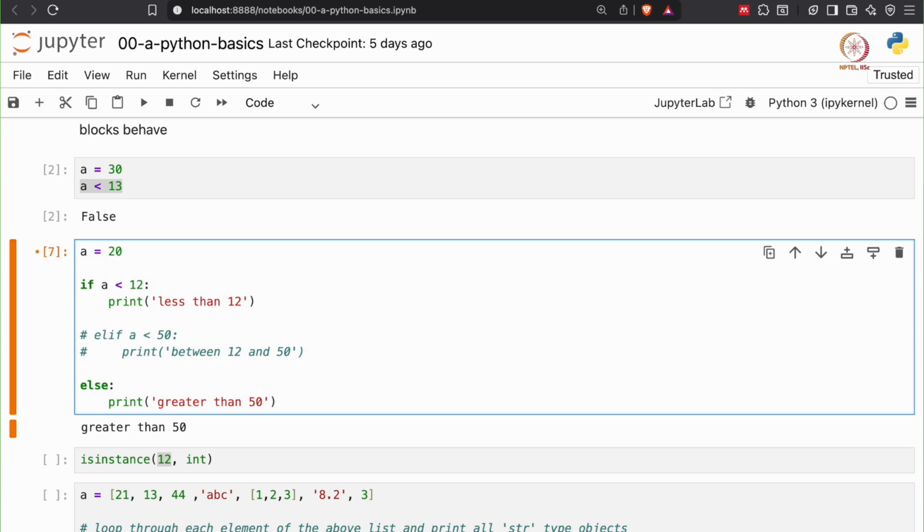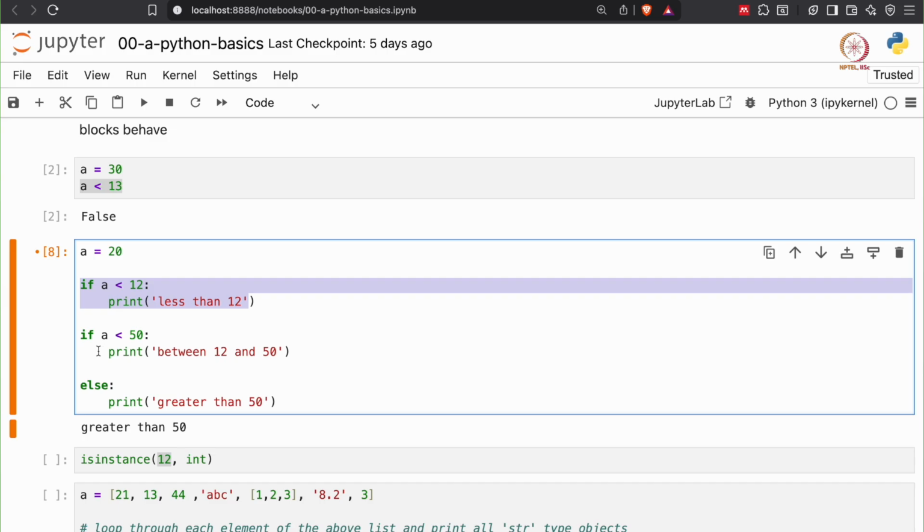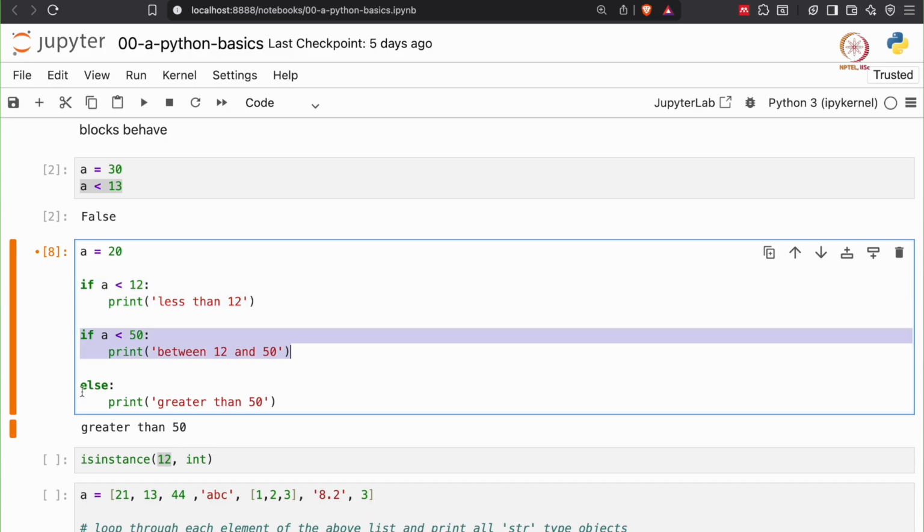So even if we give 20, the else block gets executed every time if is skipped, and we can have multiple if statements, elif statements and else, but we can only have a single else statement associated with every if statement. For example, let's say instead of having elif here, we make it if and uncomment this. So we have one if statement, we have another if statement, and this else block is associated with this if statement. Now let's say we pass a number,